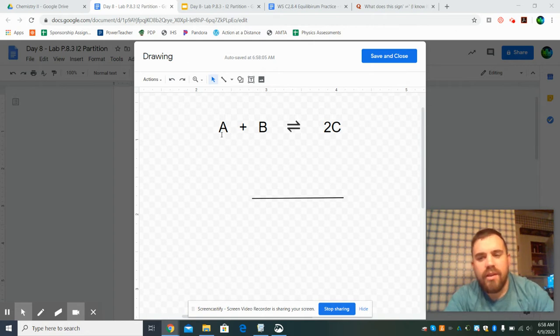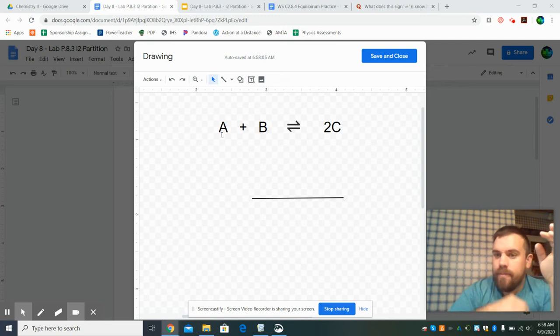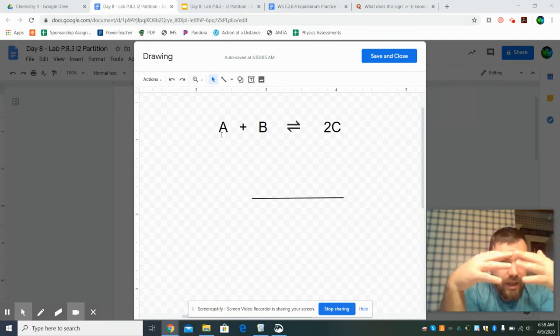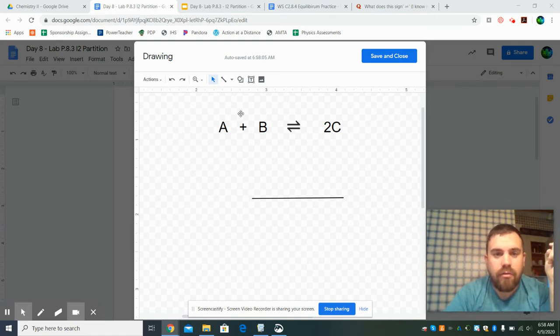So the rate of the forward reaction is going to depend on the concentration of both A and B because it's talking about the probability that A not only is there, but it also depends upon the presence of B, and they've got to collide together at just the right amount of energy to be able to form the two C molecules. So therefore, the reactants are dependent both on the concentration of A and B, and the reverse reaction